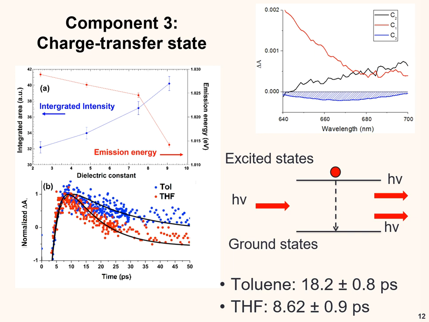When the energy gap is closed, the relaxation time in THF is much faster than in toluene. Both of these pieces of information tell us there is a charge transfer state in the gold 144 system, because on the ligand shell, they have a gold and metal structure. They have metal and ligand structure. They have a charge transfer state. This process can be changed by the solvent. So I think 144 is interesting.